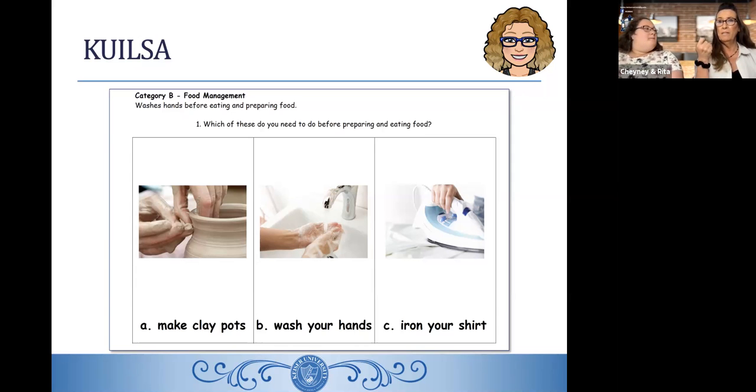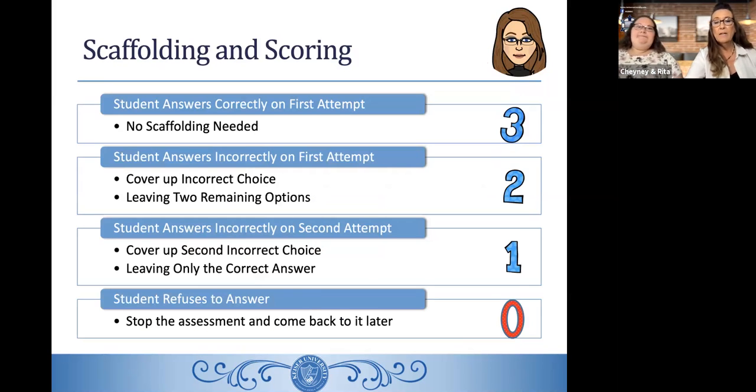So sometimes they use a pointer because they don't want to touch the page, and that's okay too. And that can help too with keeping on task, maybe use that as a reinforcer. Absolutely. So next we're going to talk a little bit about the scaffolding and the scoring, and also about the